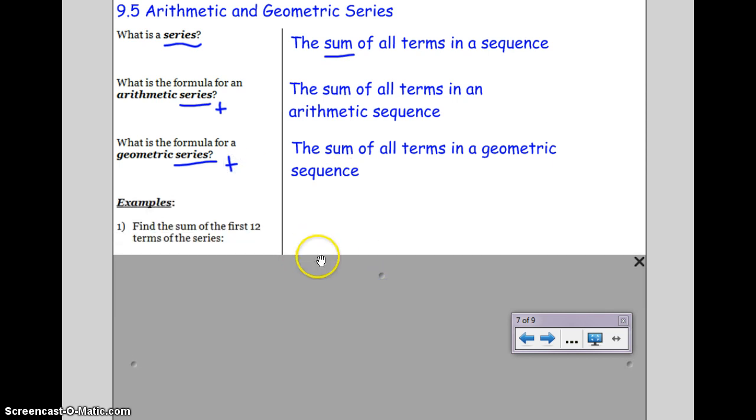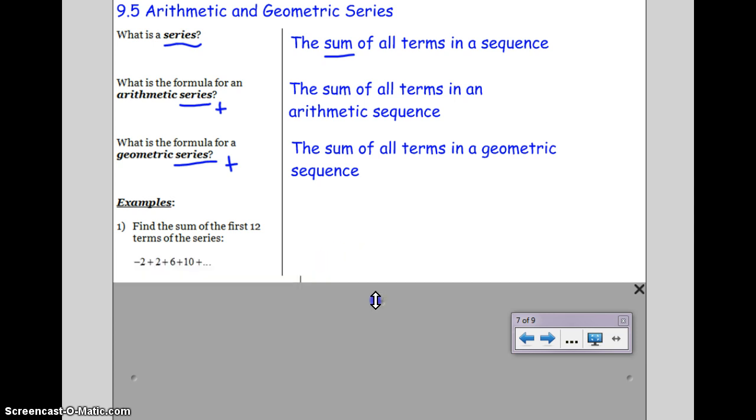The first one says, find the sum of the first 12 terms of the series. Then it tells you, here's your series. You start with -2, then go to 2, then go to 6, then go to 10. What you're noticing is that in between each of these numbers, we're adding 4. Remember, when we add 4, that means we have a common difference, d. So our d is 4, and that makes it arithmetic. So I know I have an arithmetic sequence,